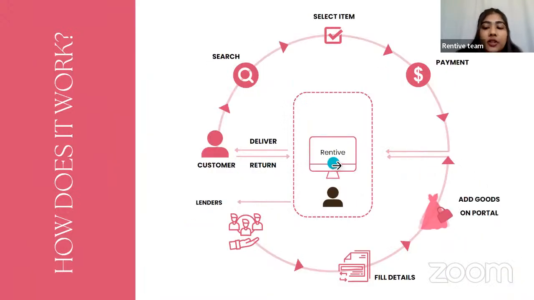We handle all the aspects of the rental process, making it easy for customers to access high-end fashion and for lenders to monetize their luxury items. Our app allows renters to search and pay, and lenders to add their luxury goods. Rest all is handled by Rentive. Rentive delivers the items, and takes care of cleaning and maintenance, ensuring perfect condition for the next rental. Simple and straightforward, right? So by renting, you not only save money, but also reduce textile waste and pollution, making a positive impact on the environment. So what are you waiting for? Hop on board with Rentive and join the rental revolution today. Thank you.